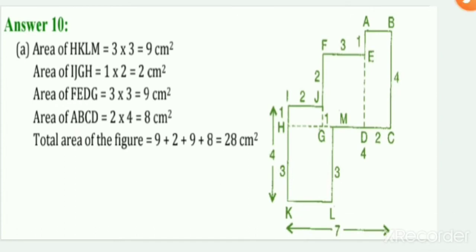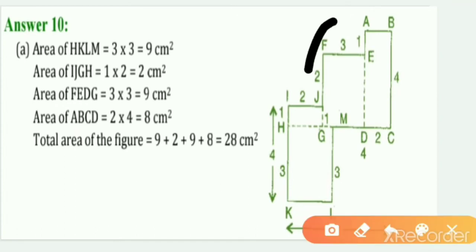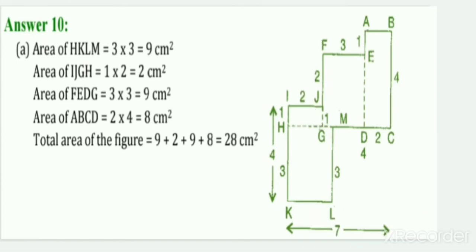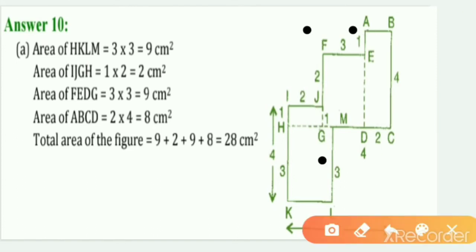Okay, now coming to the next figure, we will move to this figure, that is F, E, D and this point G. F, E, D and G. Because this complete was 4, so half has become 2. So its length will be what? See, you can see here it has become 3.